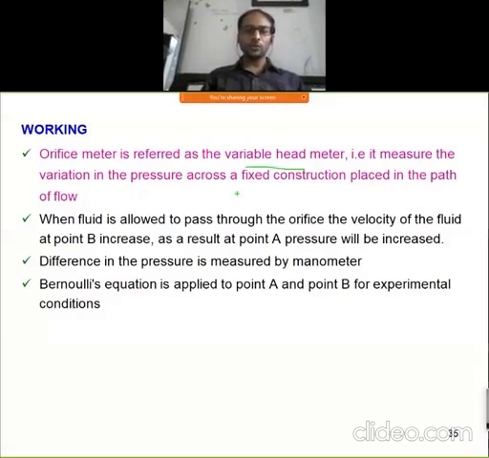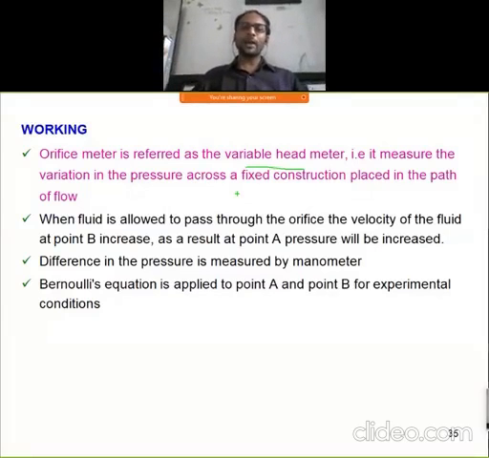As we know, when we go through this measurement with the orifice meter, we have tubes, and into those tubes we insert what? A manometer. This manometer is simply used to measure how much pressure change takes place due to the changes in your velocities. So this velocity head and pressure head we can easily find out by using this manometer.